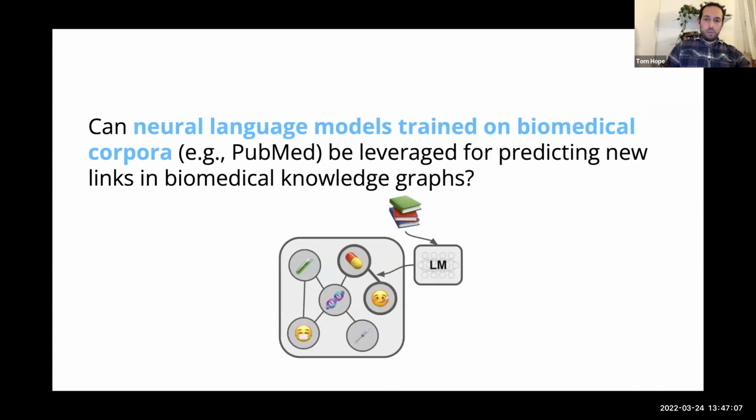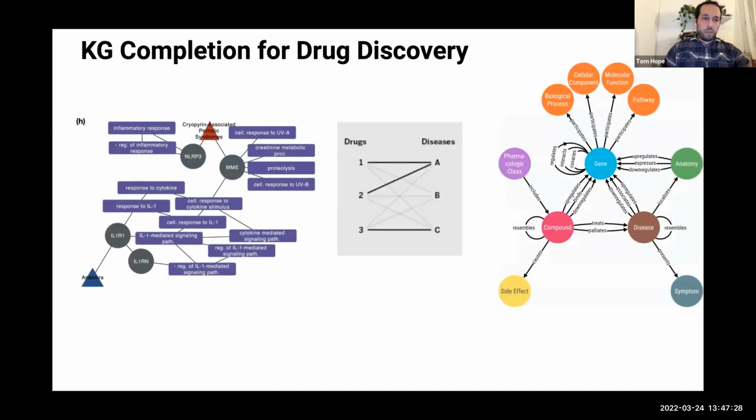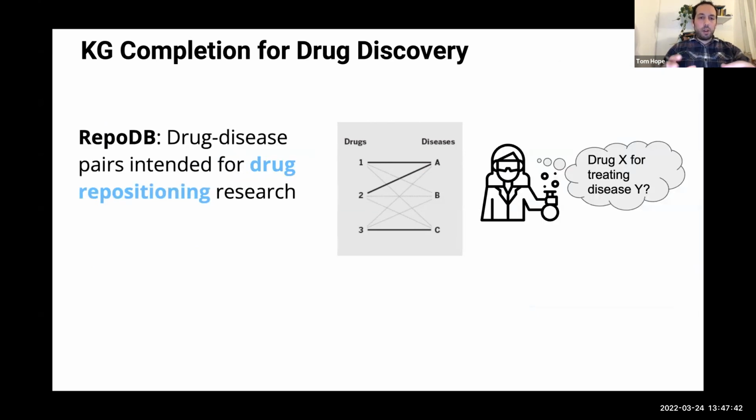And in particular, we ask two questions here. First, can neural language models trained on biomedical corpora, like for example, millions of papers in PubMed, be leveraged for predicting new links in biomedical knowledge graphs? And secondly, can we enhance prediction of clinical outcomes in hospital patients by retrieving patient-specific medical literature? So I'll start with the first question revolving around biomedical knowledge graphs. We focus on biomedical knowledge graphs related to clinical questions around drug discovery, like drug targets and diseases, etc. For example, one of these is on drug disease pairs intended for drug repositioning research, where you want to find